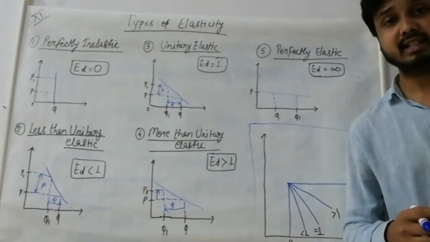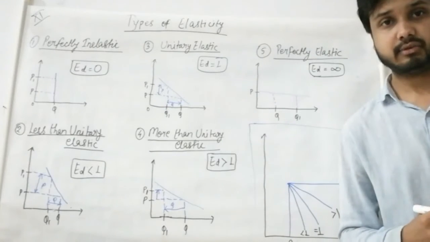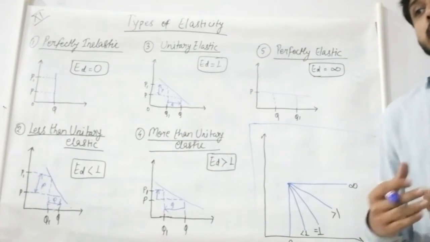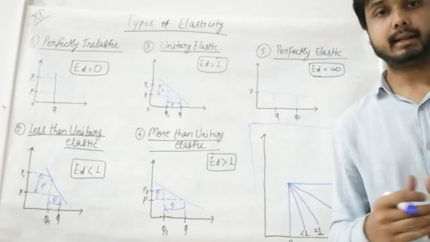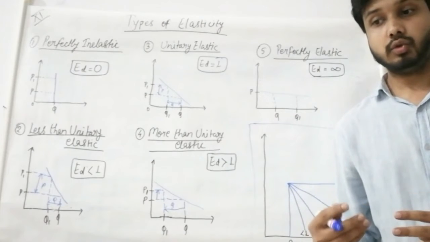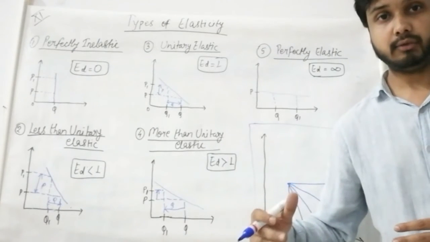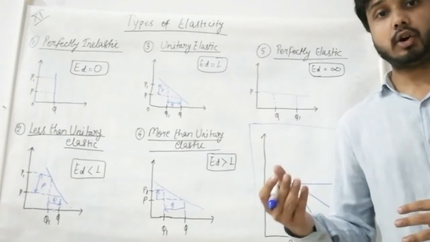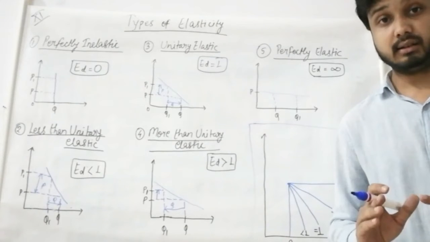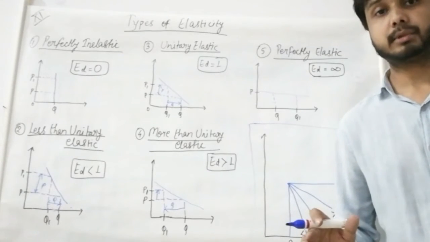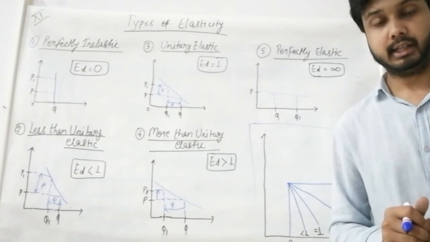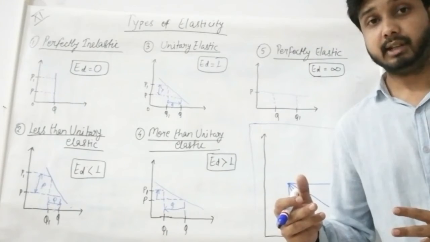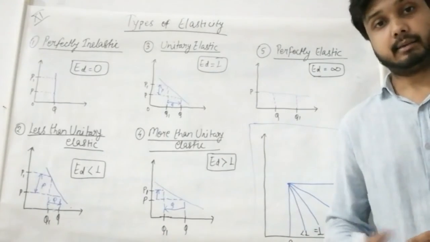Students, other than types of elasticity, there are some factors which affect the elasticity of demand. Some of the factors I am telling. The first one is related to the substitute goods. If there are more substitutes available for any goods, its elasticity will be more, because if we have the option, it will affect the demand. If we have no option, we will purchase that commodity only. Even if price changes, we will purchase that commodity because no option is available. So that will be inelastic demand.